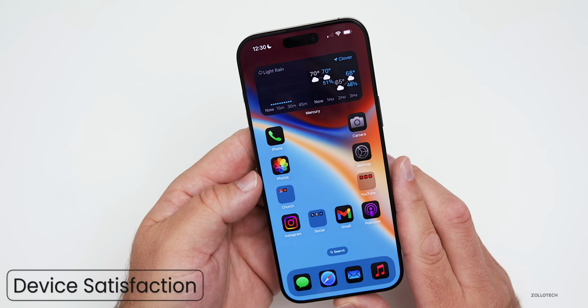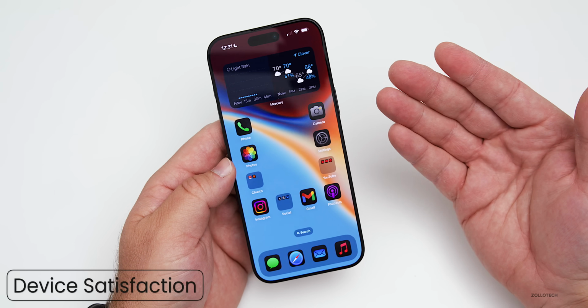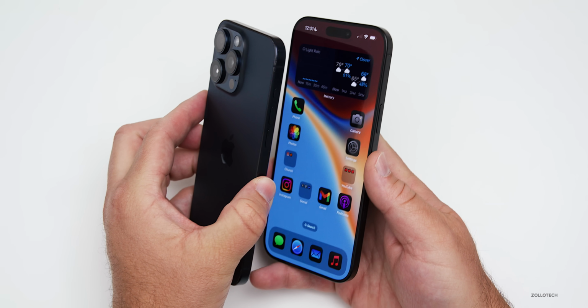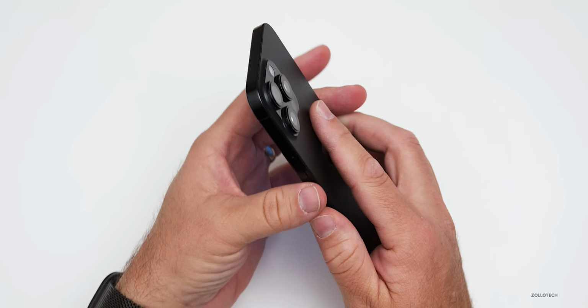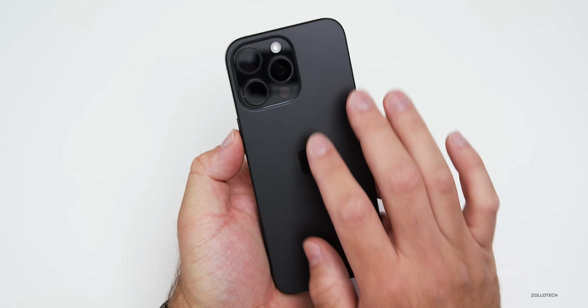As far as the overall satisfaction of using the device, well, I'm hit or miss with it. I think this is getting old. I feel like I've been using the same phone with an additional button for the past few years now. While I do appreciate the titanium frame and the camera as far as the video quality and ProRes and all of those things, I'm really just disappointed by the software at this point, and I would like a new design